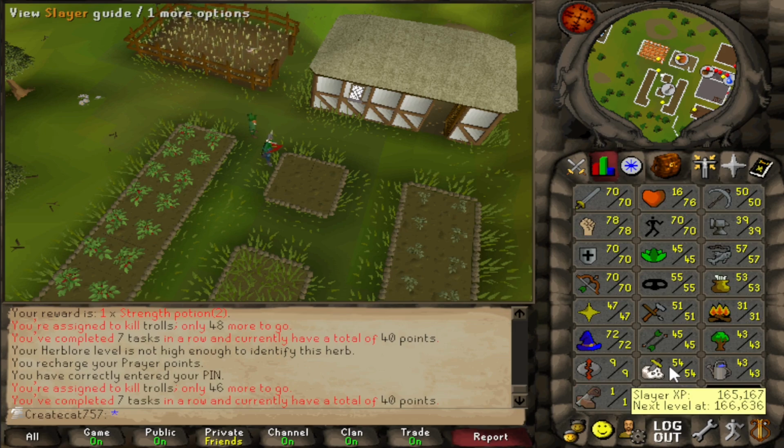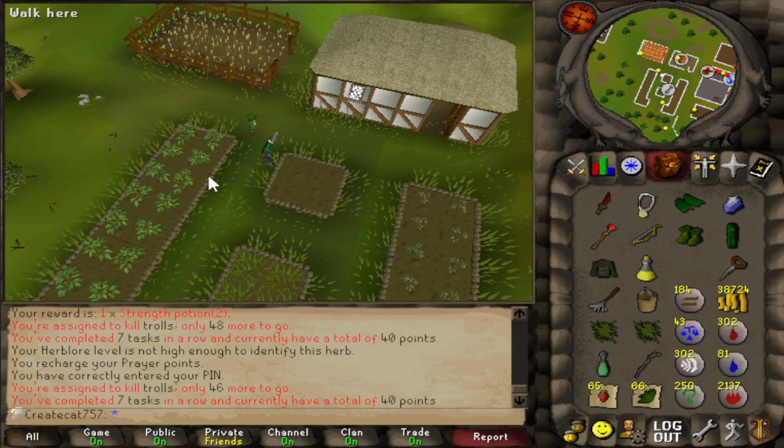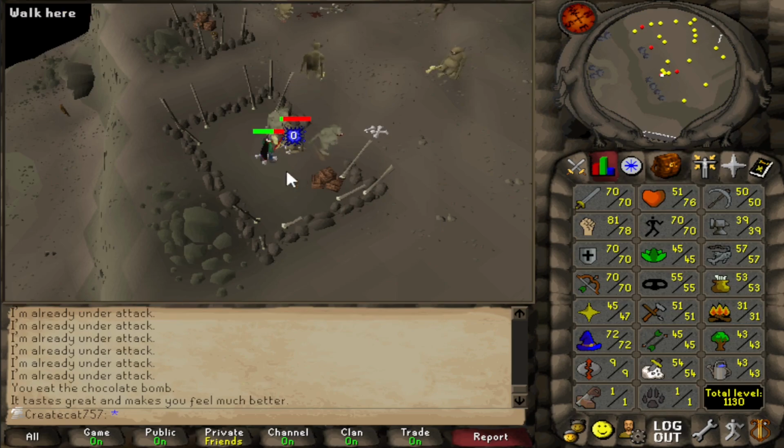I'll be here really shortly, next trip hopefully. And I did get a Ranarr seed, so now I can finally use my farming patches again, and I know it's been a long time since I last used these. And with this final kill, we have